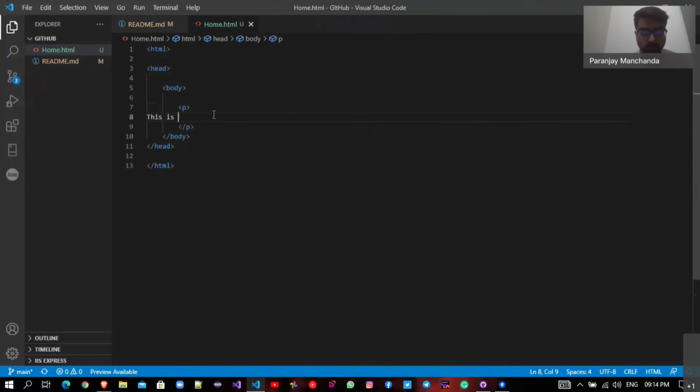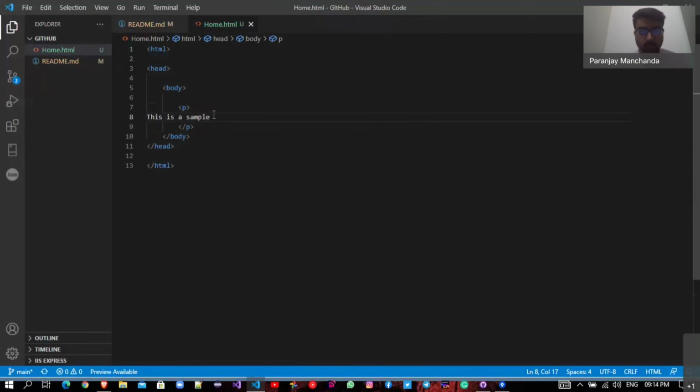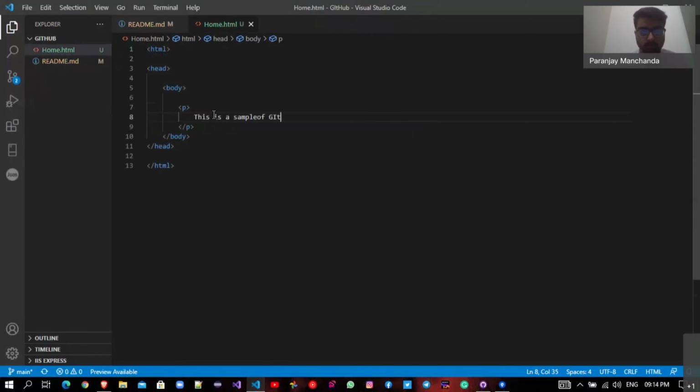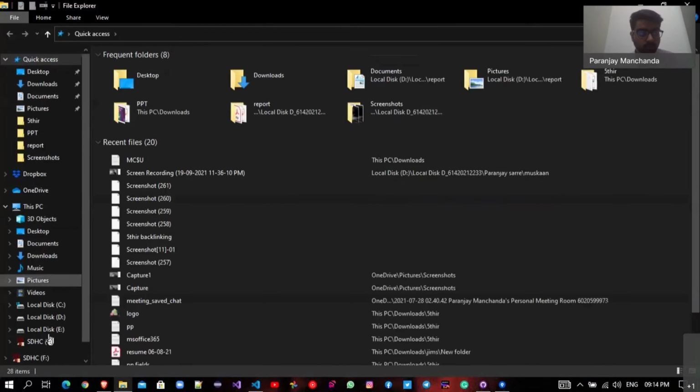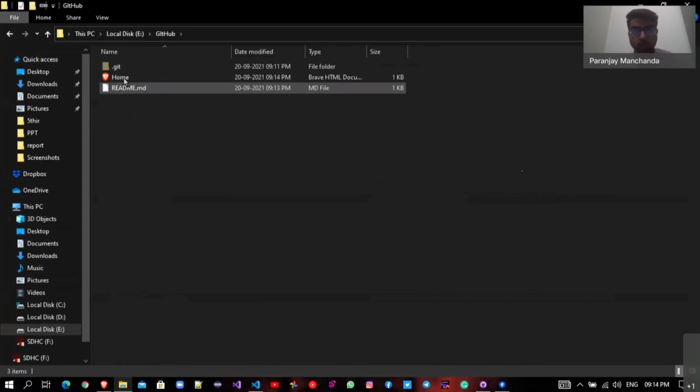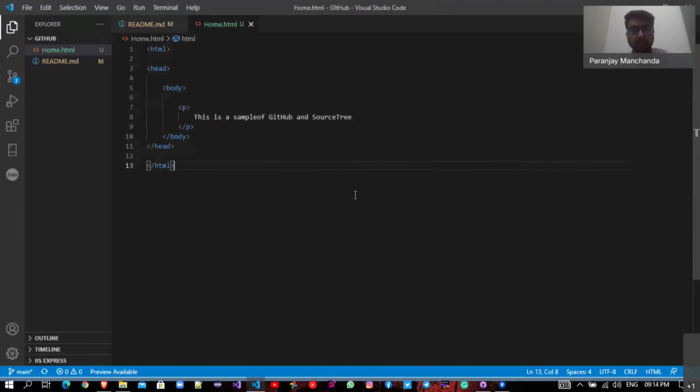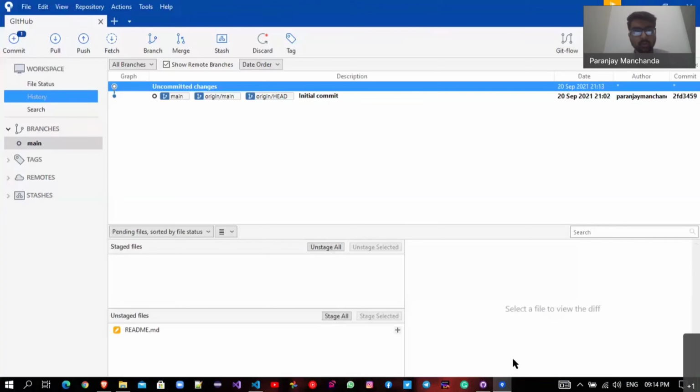This is code data. So we have saved this file. We have created this new home.html file in the same folder, which I will show you here. It's showing us here on our local PC, our local desktop. We have created it, and if we go to SourceTree now, it's refreshing and showing